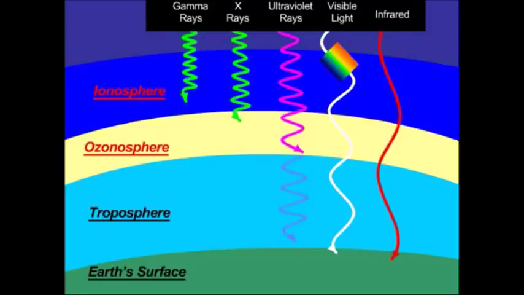Then we go down to the ozonosphere, and that's where we get the ultraviolet rays. They're not filtered out in the ionosphere. Instead, they're filtered out down in the ozonosphere. And so key is the ozonosphere does a good job of filtering out the UV rays, which are still rather shortwave in nature, to prevent them from harming human beings on the surface.